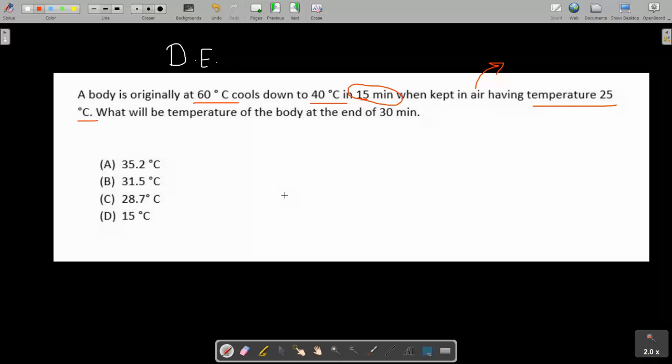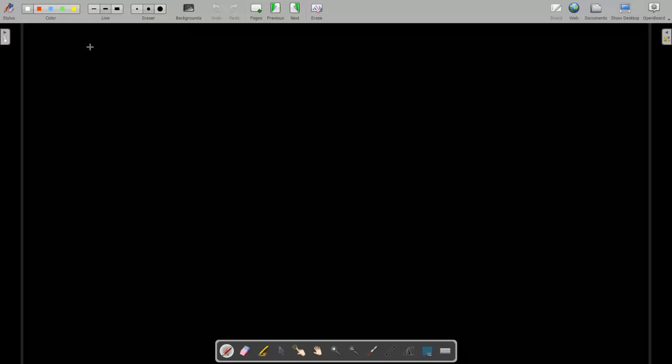So here we have to use the application of differential equation. You have studied differential equations in your BTech program, in Maths 2, Maths 3. So today we will see the application. Here we know Newton's law of cooling, that the rate of change of temperature with respect to time is proportional to the temperature difference between the body at any instant minus T infinity, that means the ambient temperature.